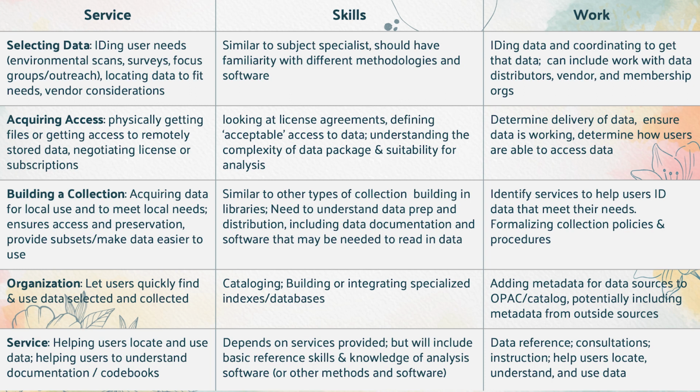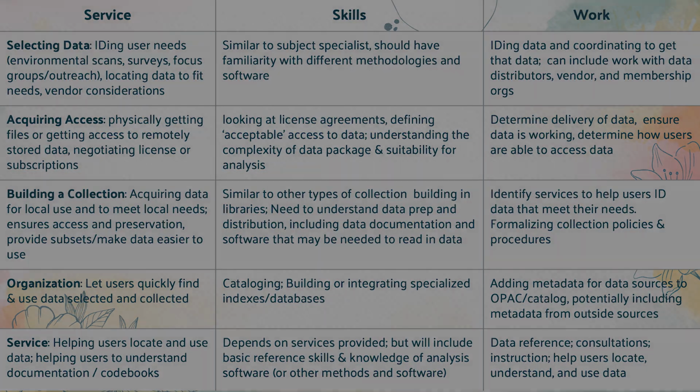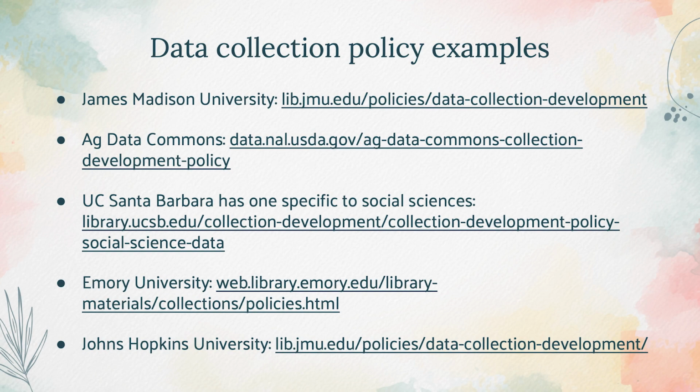So this is a great thing, and the Geraci et al. paper is very nice as well. There are also some great examples of data collection policies out there, and I listed a few here. These two, the UC Santa Barbara and the Ag Data Commons, are specific to agricultural data and social sciences, whereas the other ones are more generic. And Virginia Tech also just published a retrospective on their data purchasing program, where they would just purchase data for people who requested it. And I don't have a link here, but we should find a link and get it